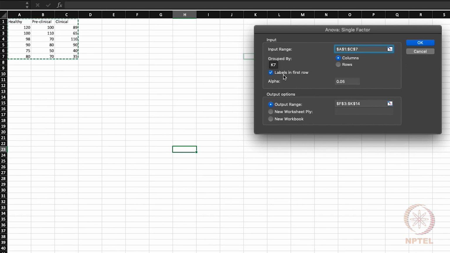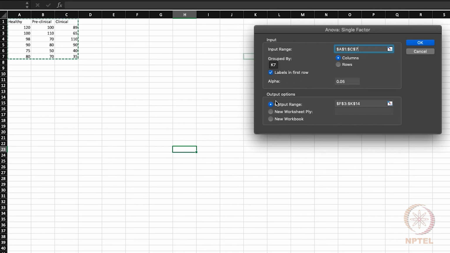Also note that there is an alpha value which is by default 0.05. This means that we are dealing with a significance level of 5% or a confidence level of 95%. This is the default value already present in the software.